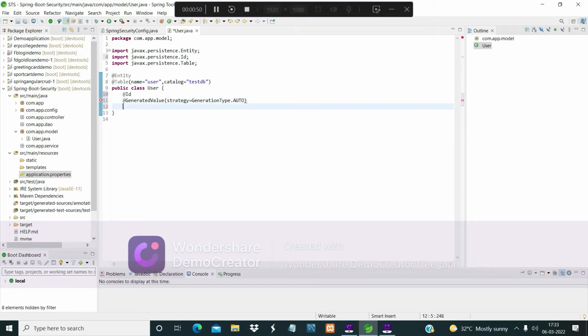We'll add the primary key, I think, uid.